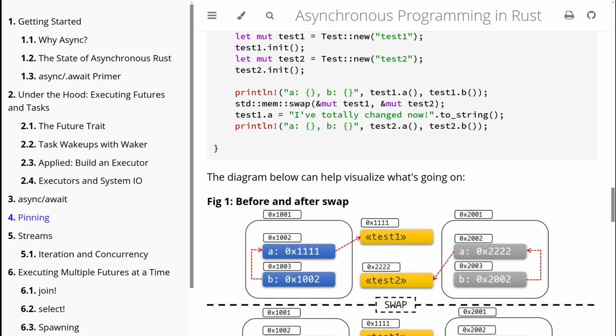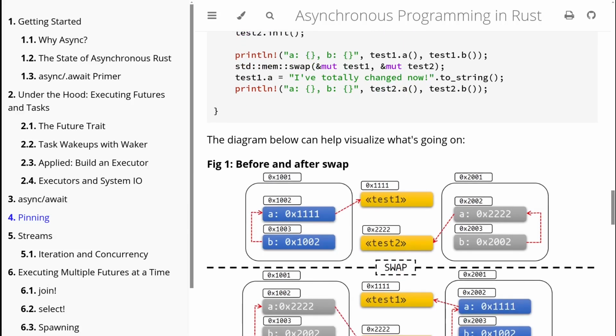Which is a pointer, points to this address. Oh yeah, test2 is self-referential. Yeah, I can kind of see what is going on here, but